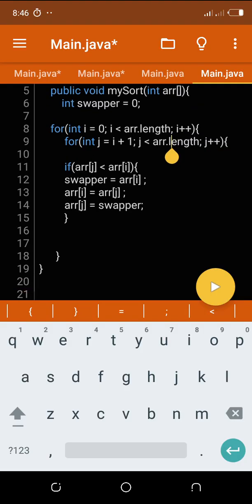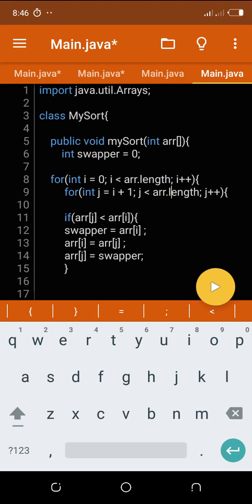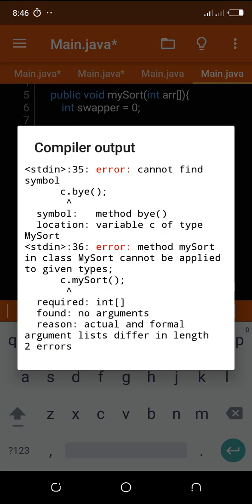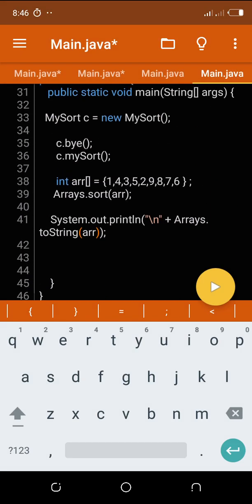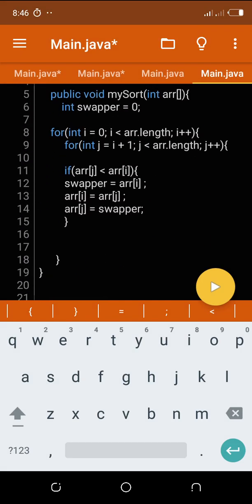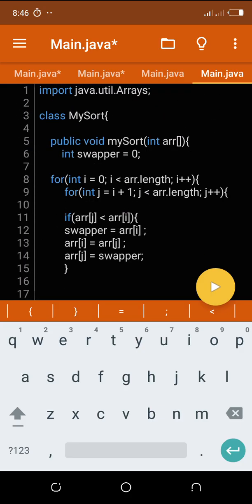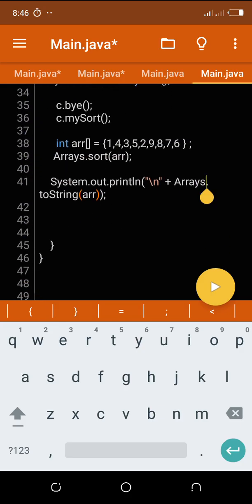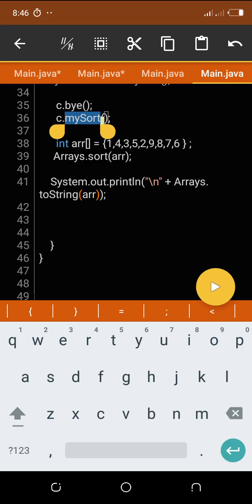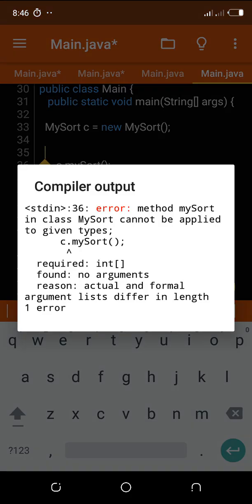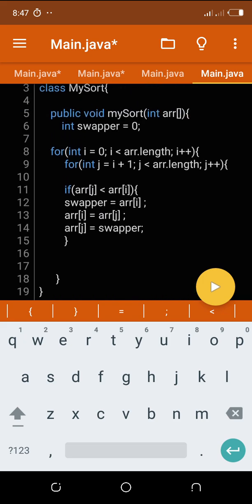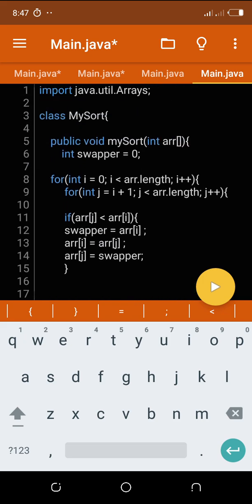So if we run this, let's see if we get any errors. We get an error, yeah. So let's see, we are calling on my sort, we are calling on a method that doesn't exist any longer. So let me get rid of it. Let's run one more time. We still get an error, but it's not as before. Let's see, my sort,